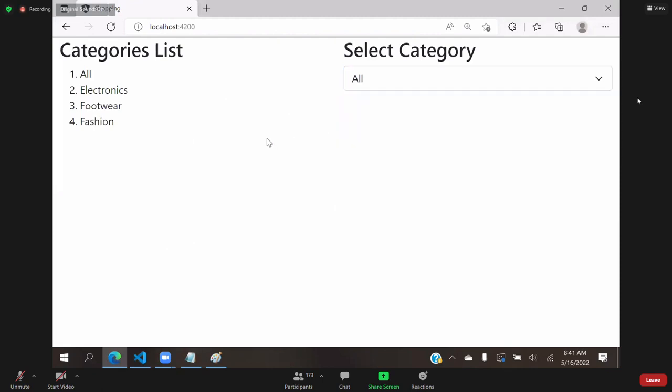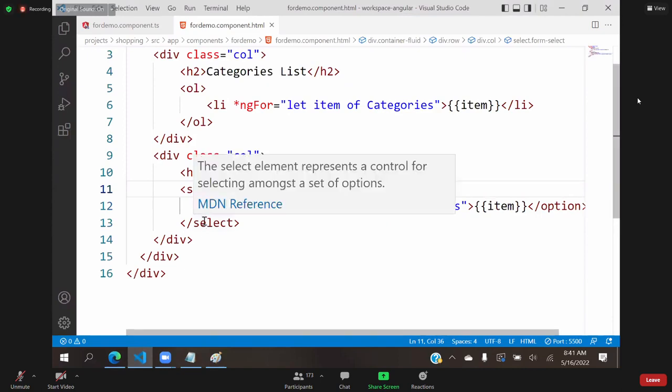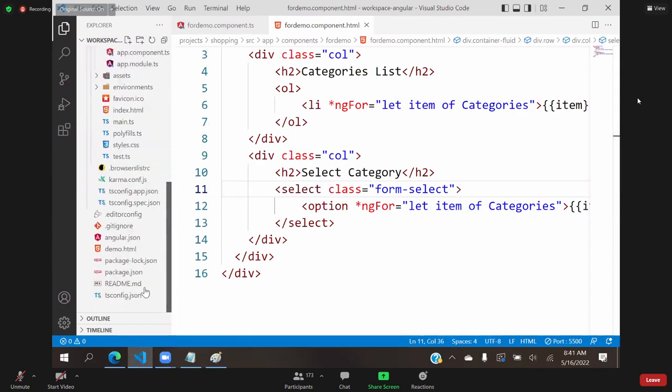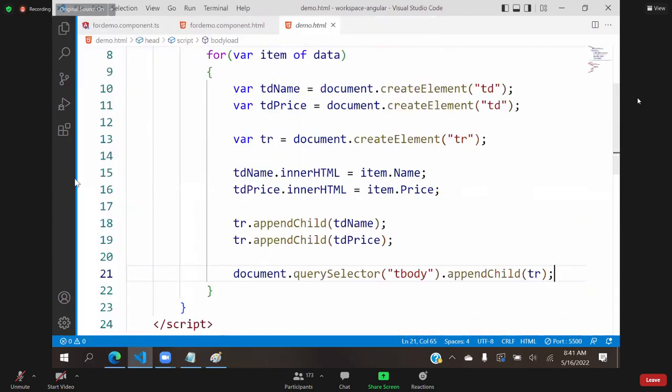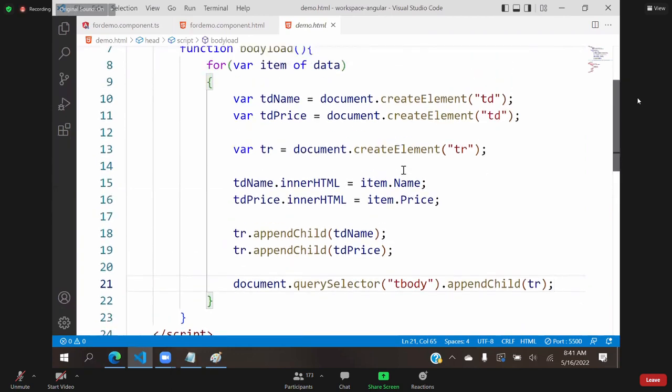These things, if I have to do in JavaScript, it's very lengthy. In JavaScript, this kind of lengthy approach we have to follow. That means, suppose, I already showed you previously how we create a drop down. Suppose this is the problem with a table. Complex data also I will show you. See here,